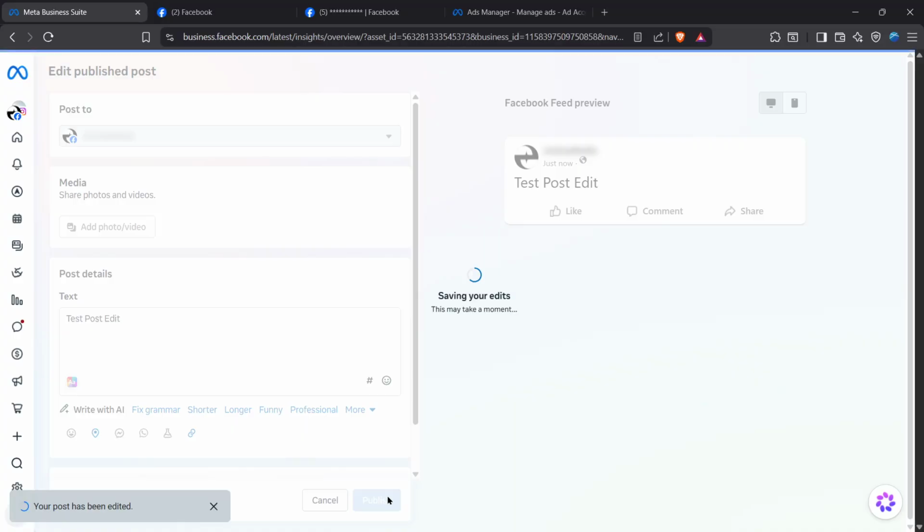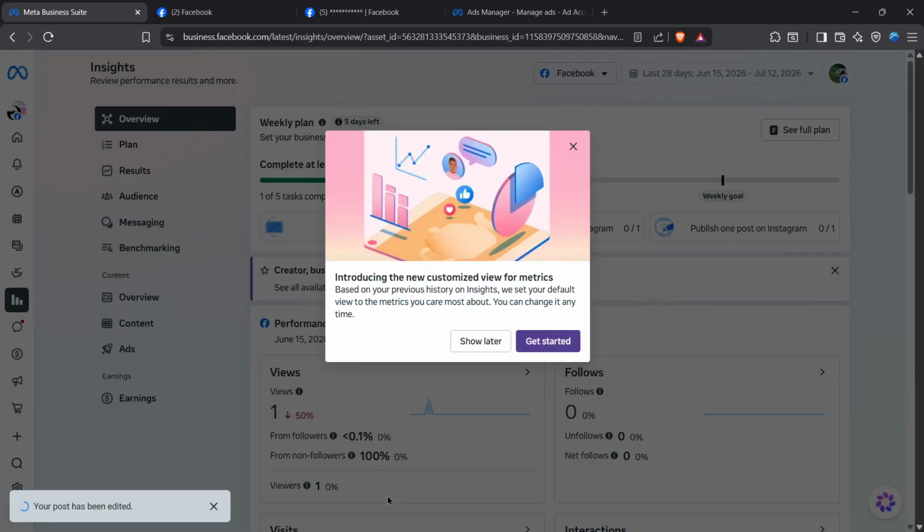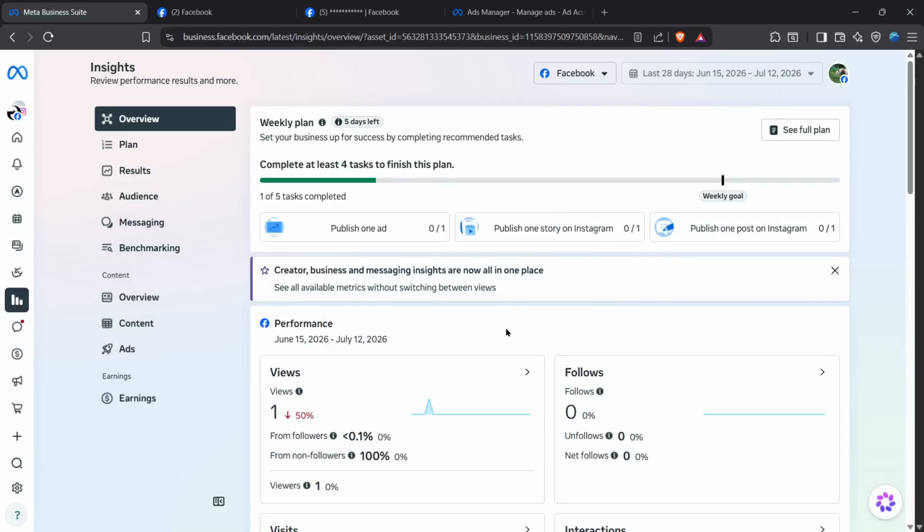Keep in mind a few things. If you edited a Facebook post, an edited label will appear on it showing that it's been modified. Your engagement metrics, likes, comments, shares stay exactly as they were, so editing doesn't reset any of that. On Instagram posts, you can edit the caption, location, and tags, but you cannot change the photo or video once it's published. If you need to swap the media, delete the post, and create a new one instead,